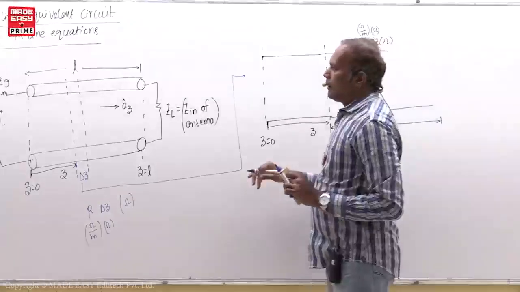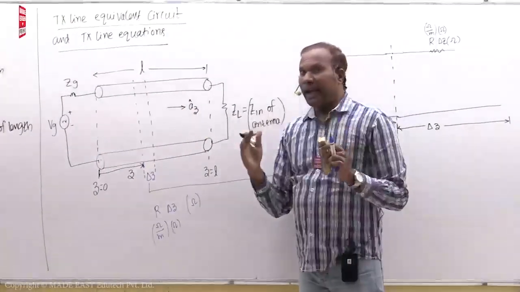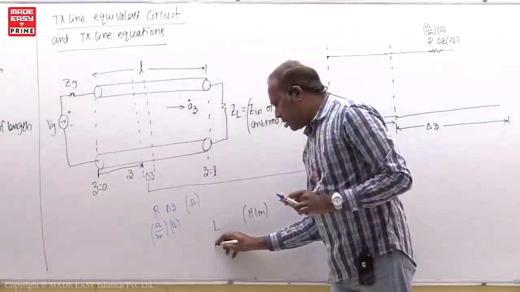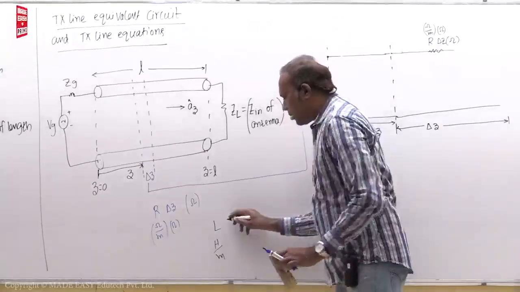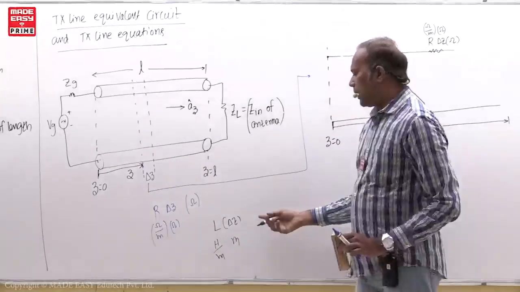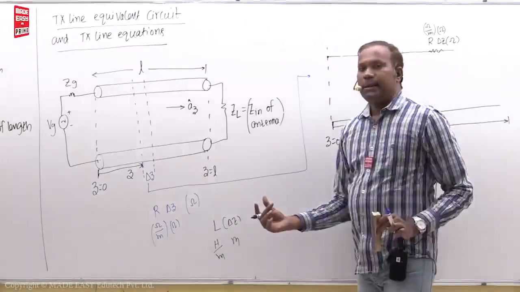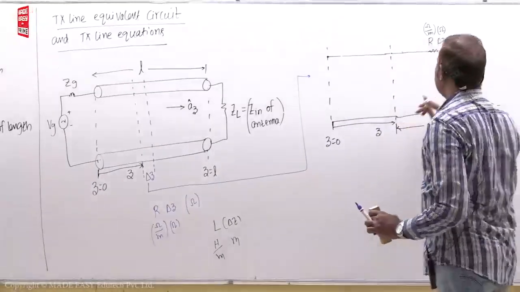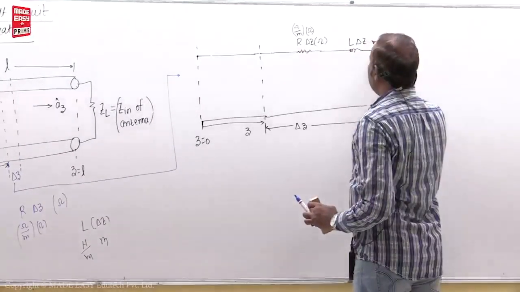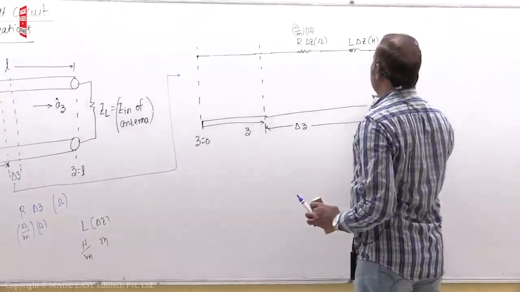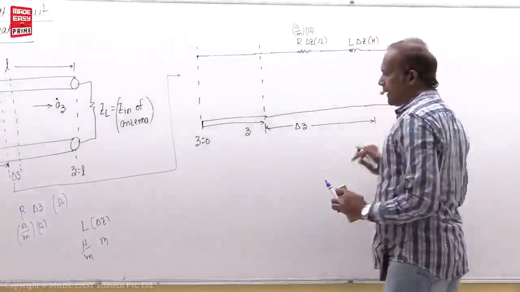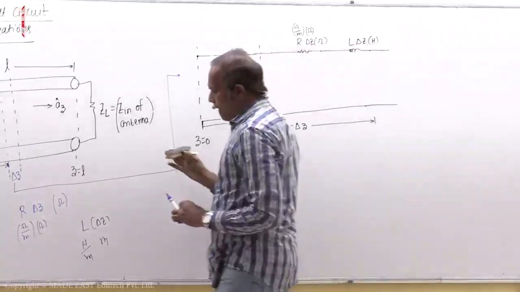Similarly, top conductor and bottom conductor together have L Henry per meter. You multiply this Henry per meter with delta Z, which is meter. Ultimately the meter cancels, so you get these many Henrys of series inductance. That is why it is written here like this. So L into delta Z Henry is the series inductance for both conductors, so that is why it is a series parameter. Now for